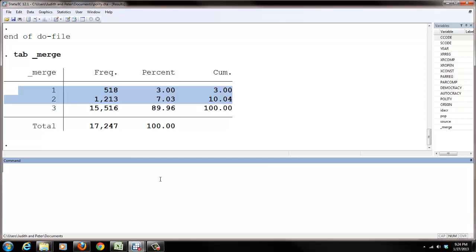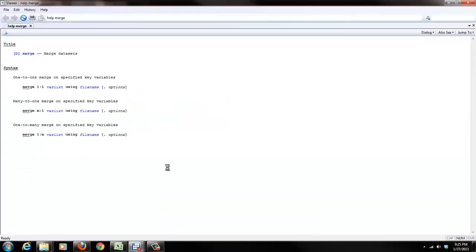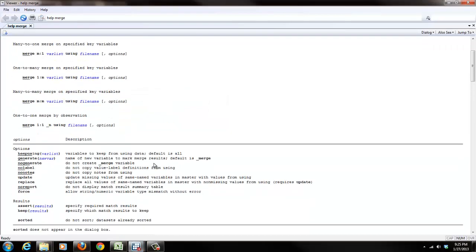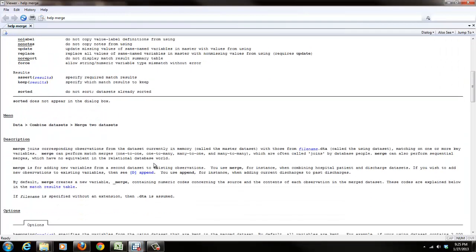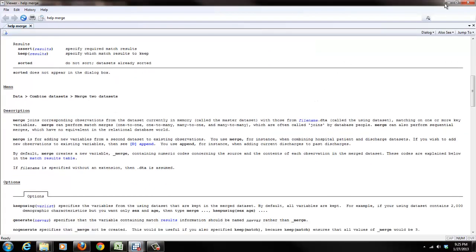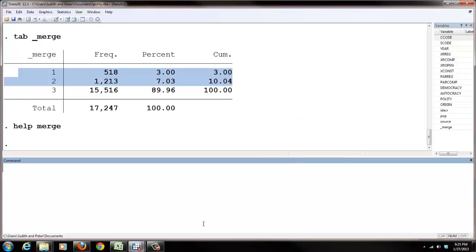To learn more, I not only encourage you to take a look at the code books for these two data sets, but also to use the help command for the different Stata commands we used here. You do that just by typing help and then the command. So for example, if you type help merge, you get a sense for the merge command and its different options. We'll cover more advanced merges in a later video, but for now,